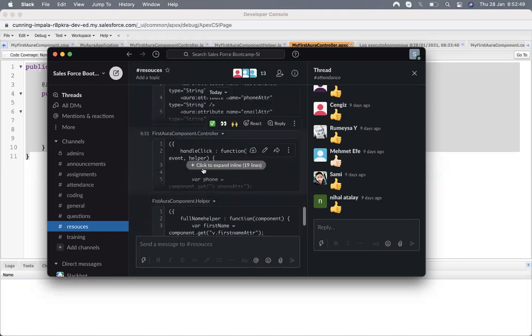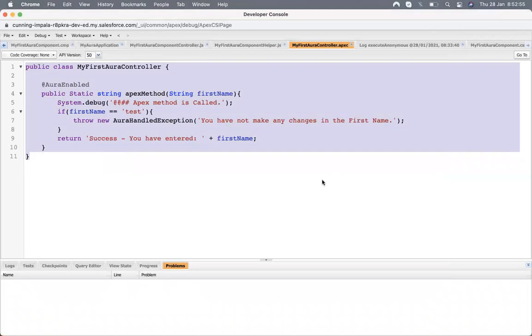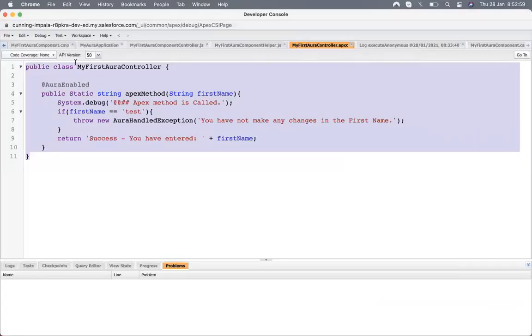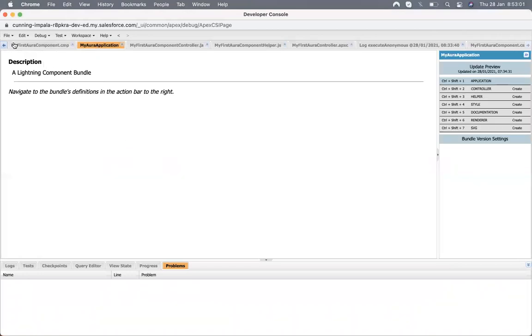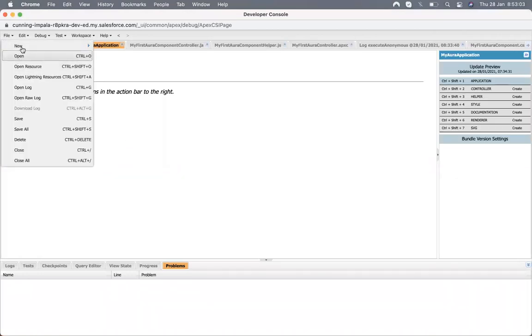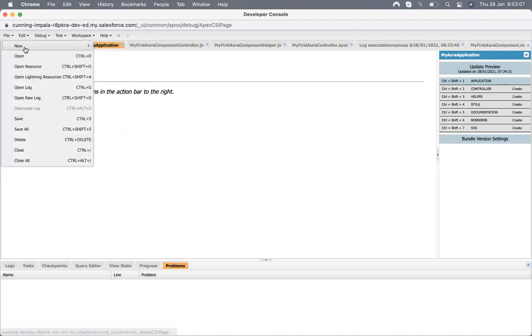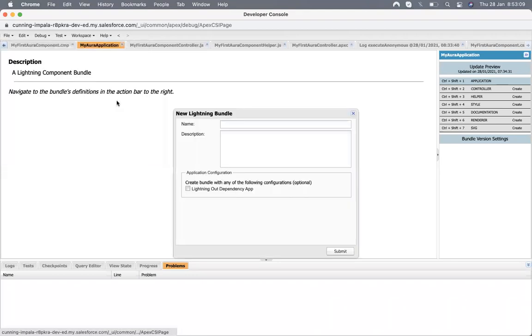Suraj, can you show how to open the application? I mean the preview. How do you do that? For that, you have to create first. Go to New, click here, add an application name and hit submit.